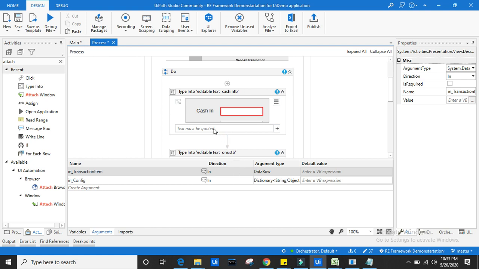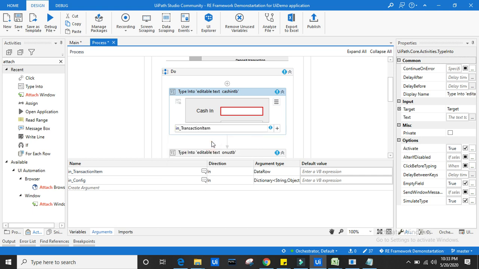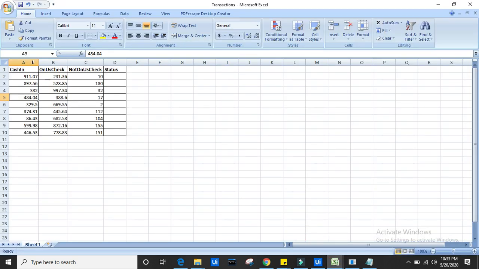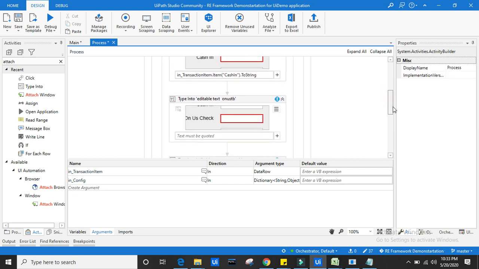Now I should write like this: in_transaction item dot item of what I want, item of cash in dot to string, right, like that.